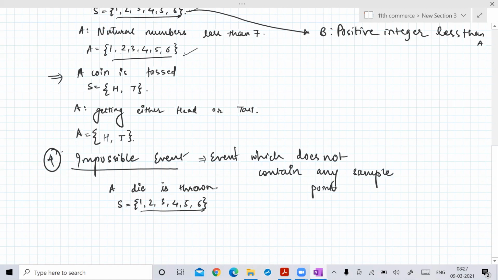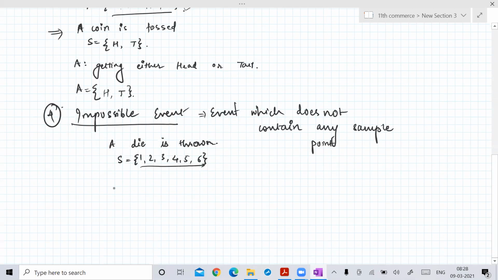Event which does not contain any sample point is what? Impossible event. So yes, event which does not contain any sample point is what? Impossible event. Okay. Suppose I say A is